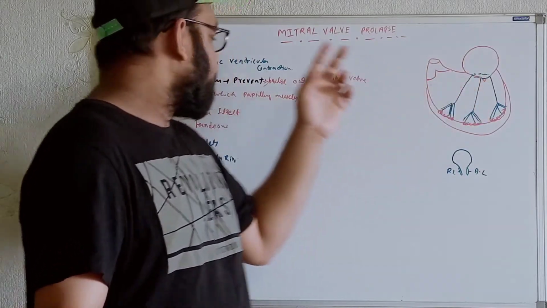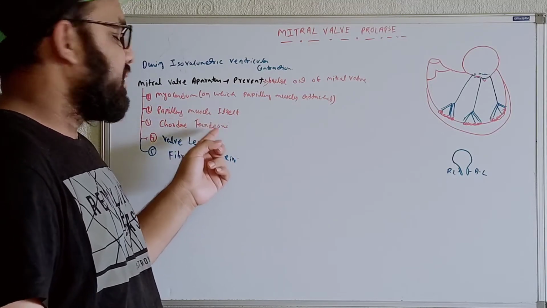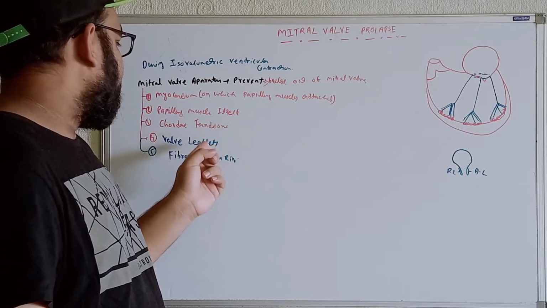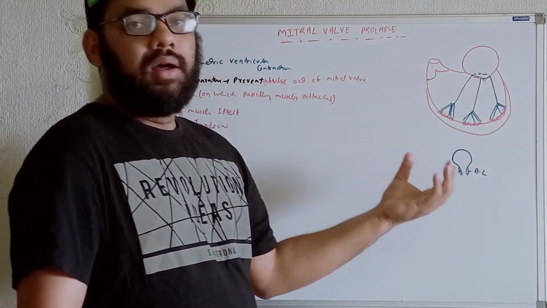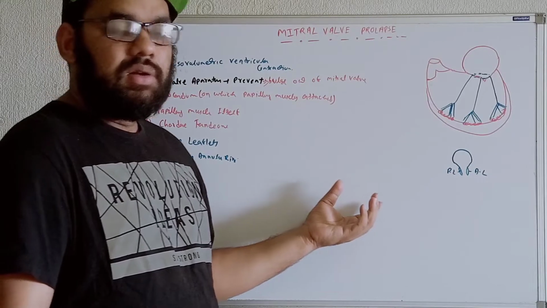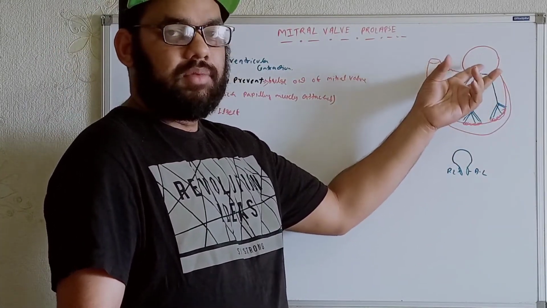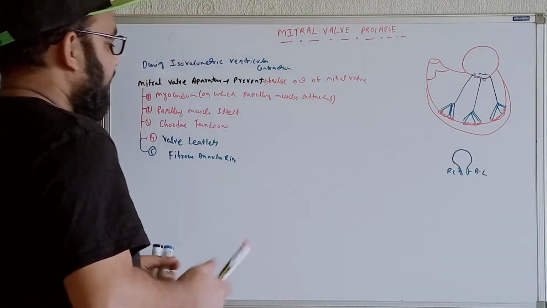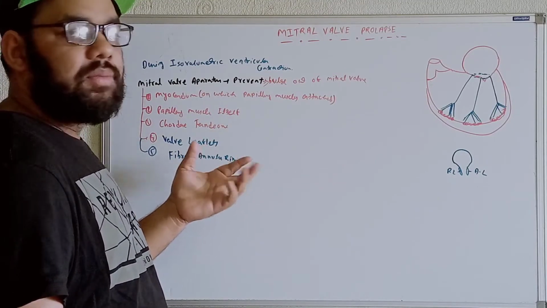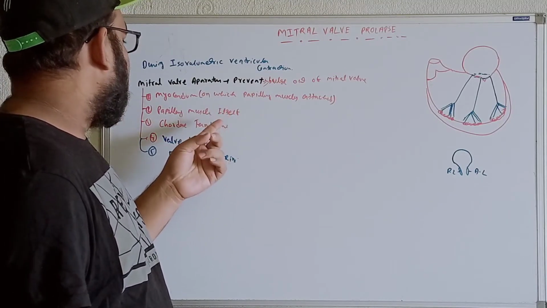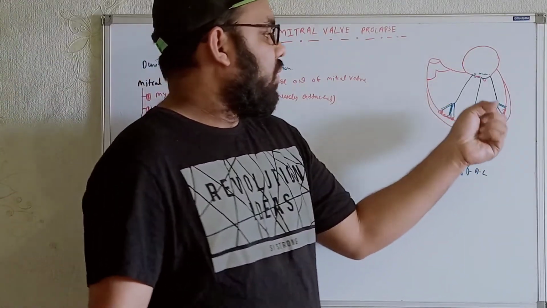So this whole mitral valve apparatus, in terms of the myocardium, the papillary muscle, the chordae tendon, and then the valve leaflets and the annulus ring, in a nutshell is the mitral valve apparatus that will inhibit the bulging out of the mitral valve towards the left atrium. If we get any kind of problem in any of the components, for example papillary muscle rupture or chordae tendon rupture, whatever the problem we see, before that